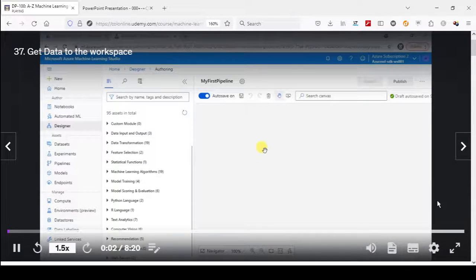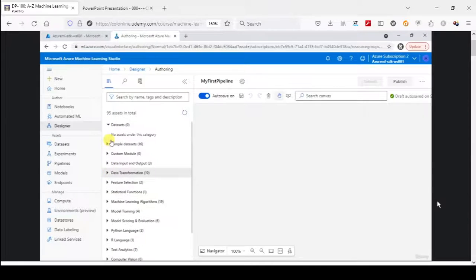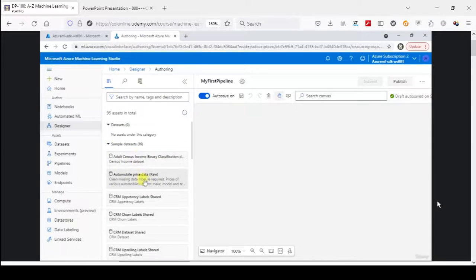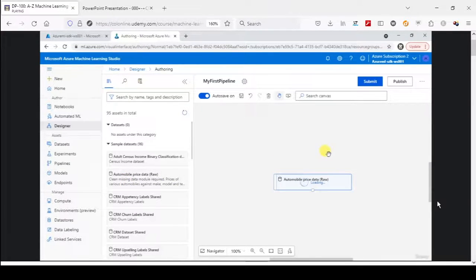Welcome back. Now, as we know, Designer is a complete drag and drop interface designed for almost no coding. So the first thing in almost all the cases is to get the data for our pipeline. And let's say we want to use this automobile price data for our pipeline. So you can simply move your cursor on this and click on Use Dataset, and it will be added on